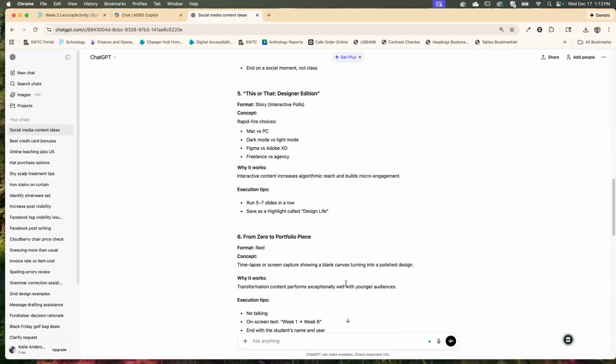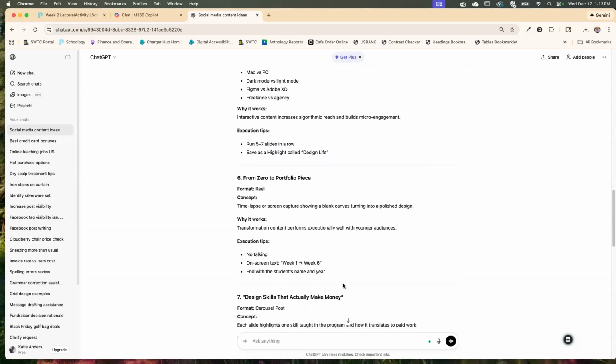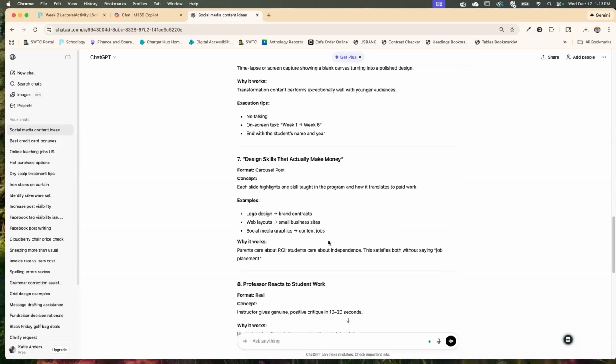From zero to portfolio piece. Okay, that's cool. All right, I like that, it's a real idea. Design skills that actually make money. That's kind of fun. The whole point is thinking of things that